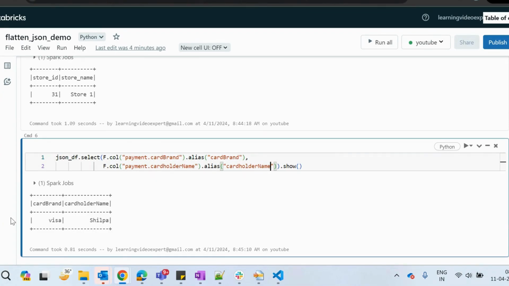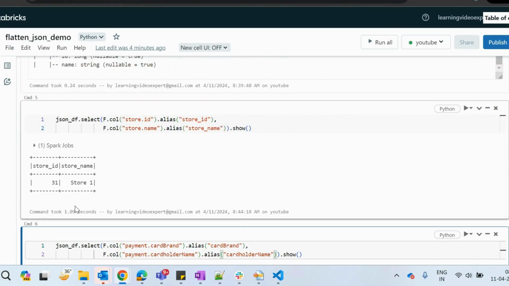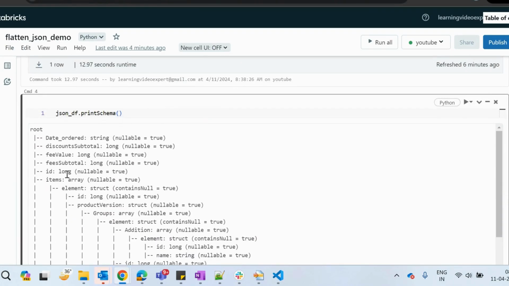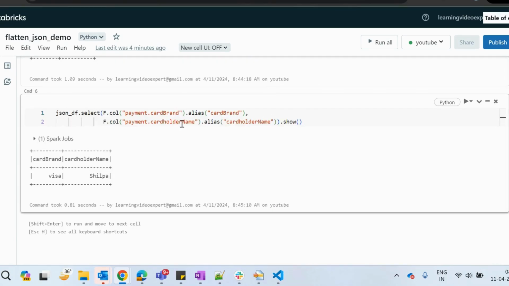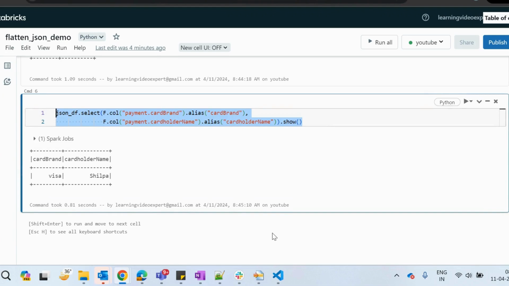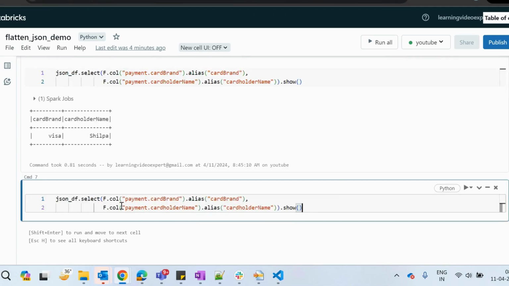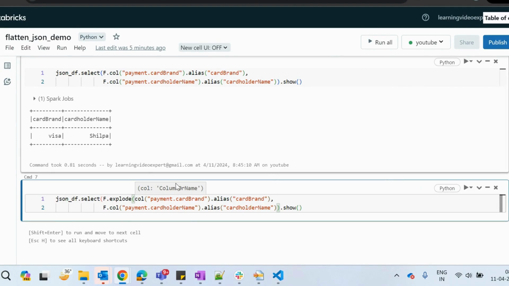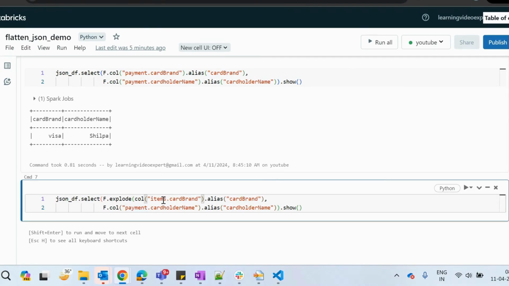Now let's begin with this particular schema that we have. That is our items. This is a very, you can say, a nested JSON file. So let's go ahead and explode this particular schema. Okay. So I will use the same method. Basically, when you have an array, then you have to use the method called explode. Okay. So I will explode this particular column. I'll explode the column called items, and I will rename this and give it an alias called items. Let's see how my data will look like.